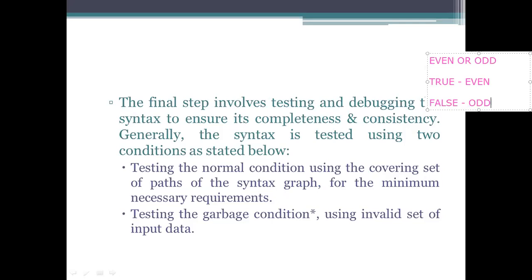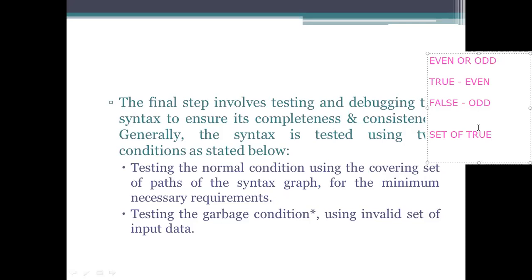The first thing: here we are testing the input. Testing the input means we are not considering the set of values which have been taken for this even or odd. If we consider the data sets of the true or false, the set of values for the true block, what we are having here is not the input for the false statement.